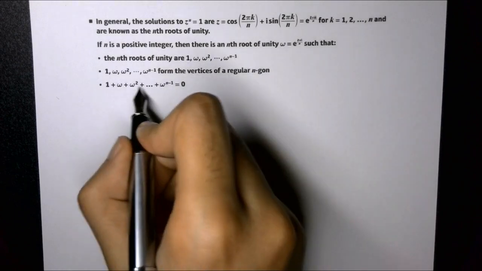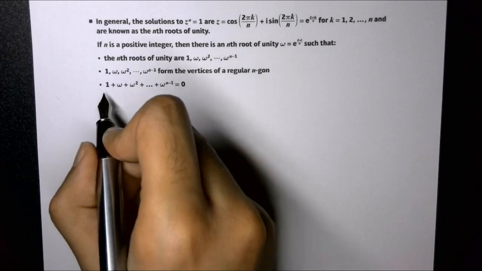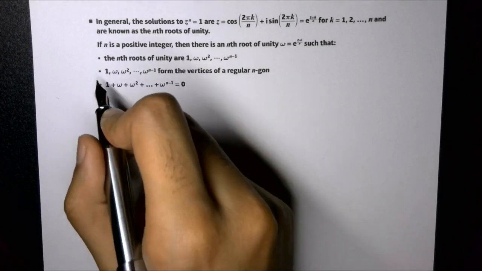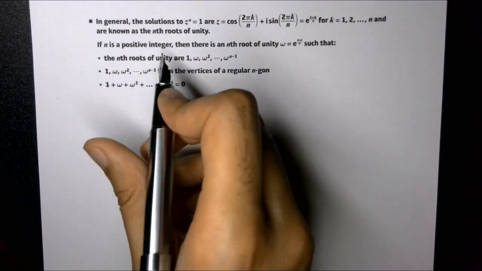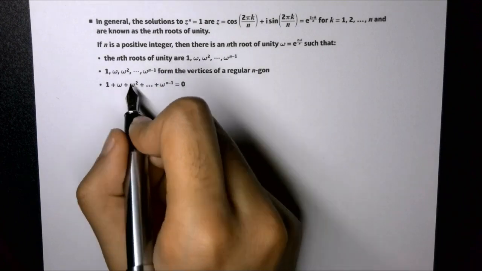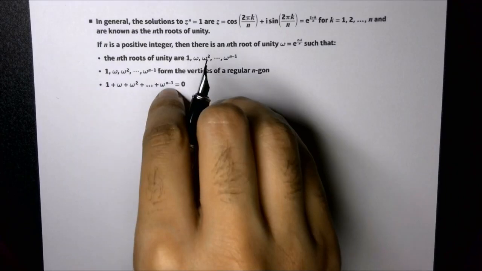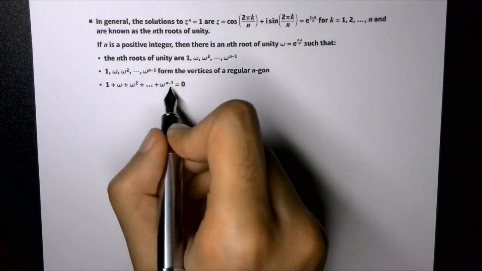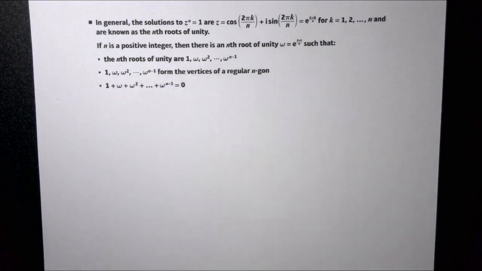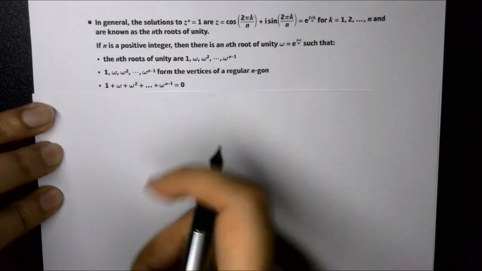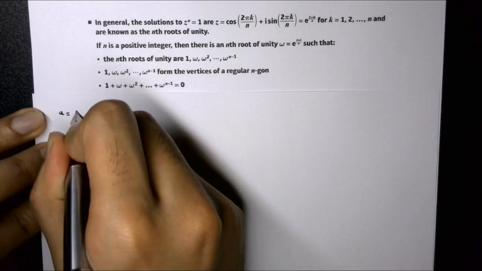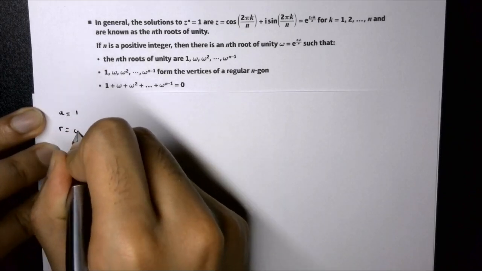And if we add all these together, you'll notice here we have a geometric series with common ratio r, first term 1. So if we solve this geometric series by adding all these terms together, we'll get 0. Now this makes complete sense because we've got the first term which is equal to 1, the common ratio which is equal to omega,